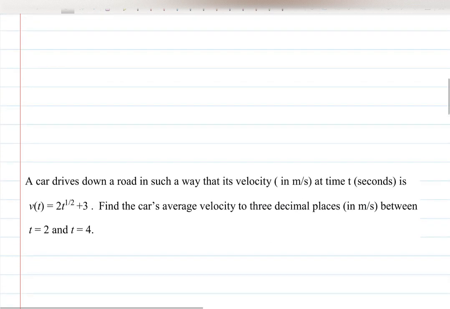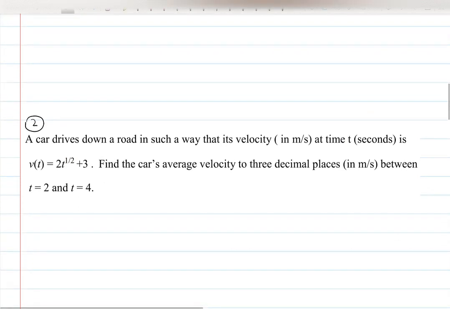Second example has a pretty cool application. A car was driving down a road in such a way that its velocity in meters per second at time t in seconds is given as a function v of t, 2t to the 1/2 plus 3. Find the car's average velocity to 3 decimal places between t equals 2 and t equals 4. Now you know what the difference is. We just want to find here average velocity. I will call it v average